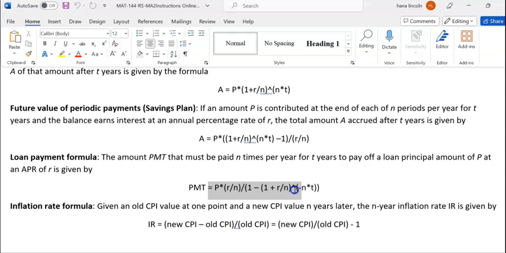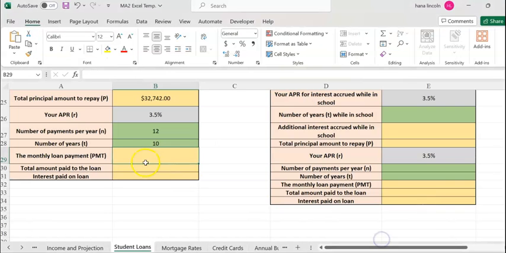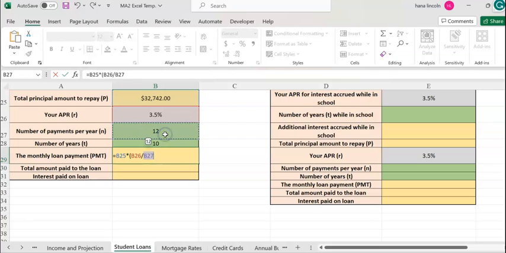Enter equal and then the formula: the principal amount, or the loan amount, times shift 8, open parenthesis, R, the interest rate, divided by n. N is the number of payments, which is the number of months in a year. Close the parenthesis. Divided by,